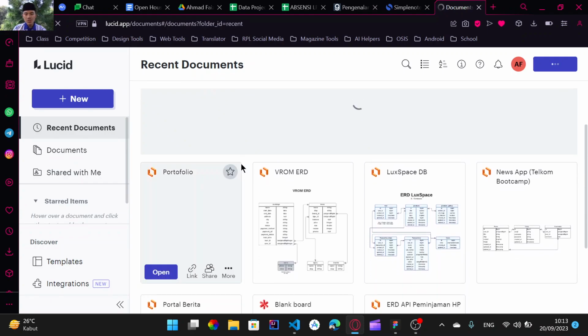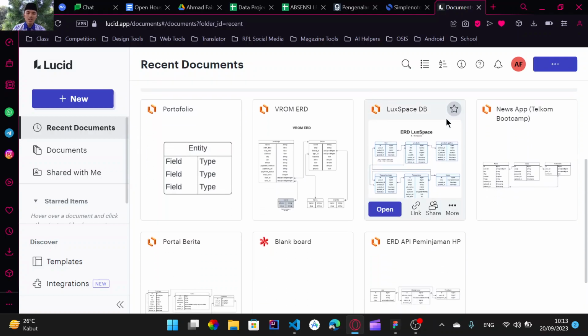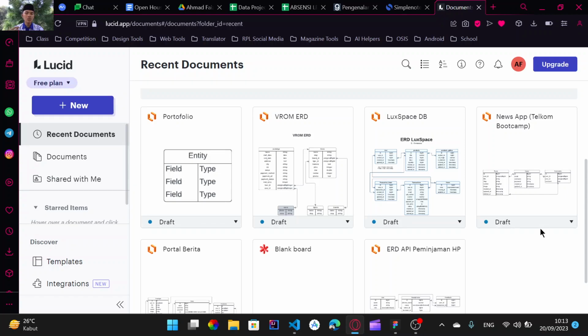So usually, a lot of beginners are not using this website. They directly build the website, start with the front end and then start with the database, but they don't know